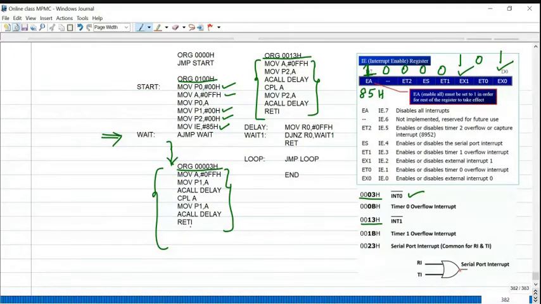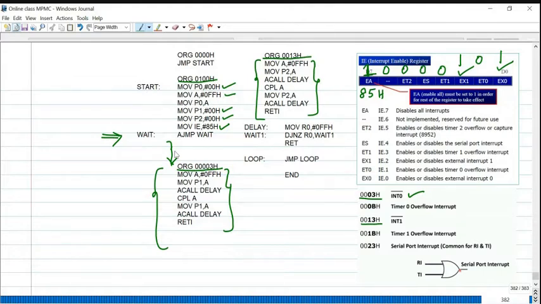Whenever the interrupt service routine is available, the last line of the program is RETI, return from interrupt service routine. Now it will come back to your main program. Just turn the switch on and off. Don't continuously keep it in one position. Just turn on and off switch 1.